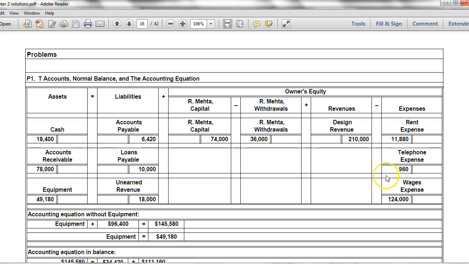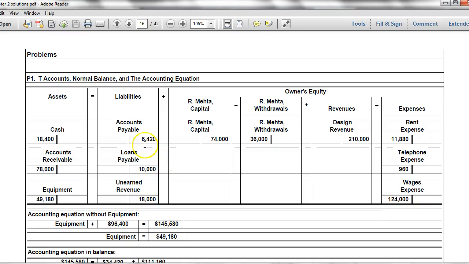So if we add this, the $74,000 plus the $210,000, subtract from that the $36,000, the $11,880, the $960, and the $124,000, what do we get? $111,160